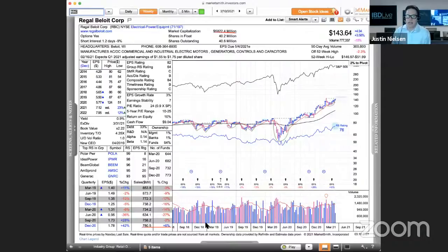This is also, you look at that earning stability of 7, so the EPS growth rate isn't high, but it is very stable. And there's a lot of things that they're doing outside of generators, with gearboxes and things like that. So again, it's a lot of these things that are kind of more the infrastructure, the production. I mean, they're doing their gearboxes for warehouses and conveyor belts and all of these things that are probably looking to ramp up. And so